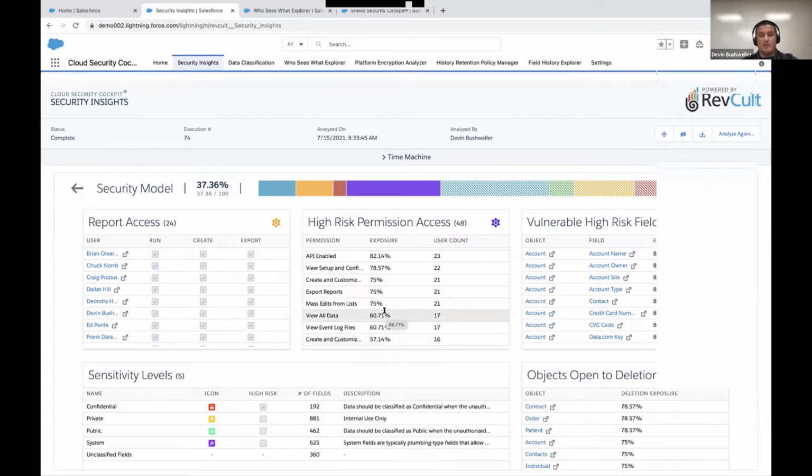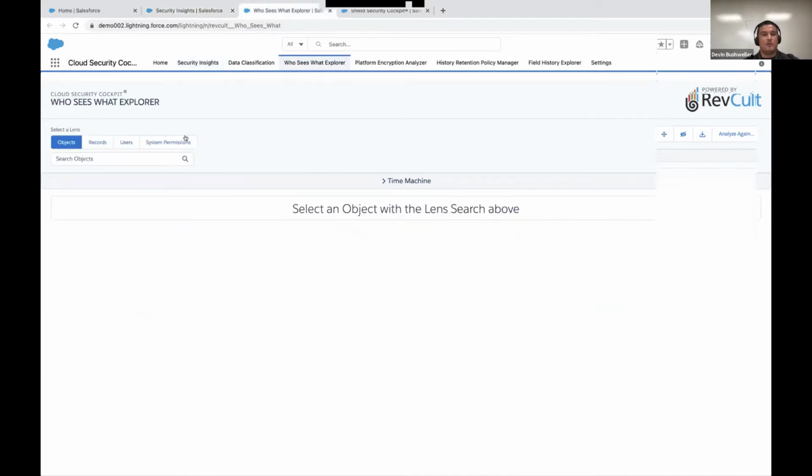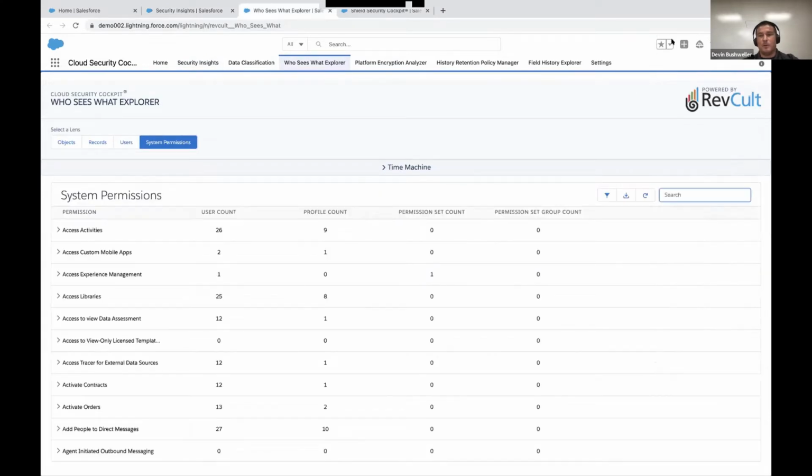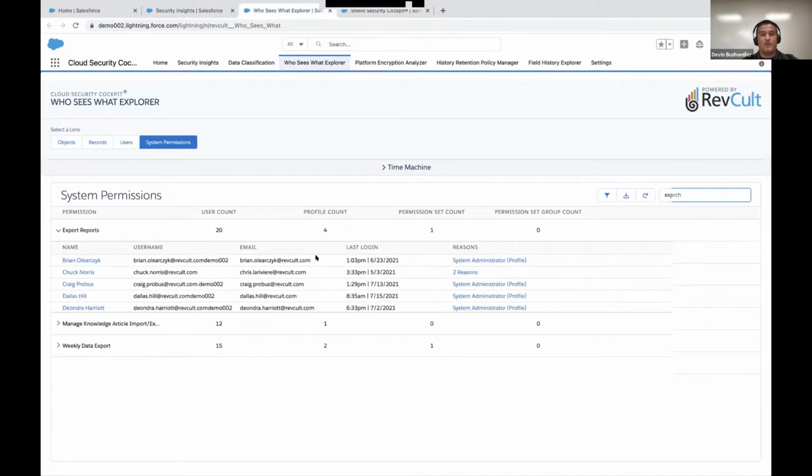So immediately we know we need to do something about that. And same with the vulnerable high risk fields. We can see fields that were classified as high risk where the exposure rate is over 60%. So now we can take action by going into the Who Sees What Explorer and looking in the system permissions lens, where now we can double click into a specific system permission and see who was assigned that and the reasons why. So this is eliminating the mining activity